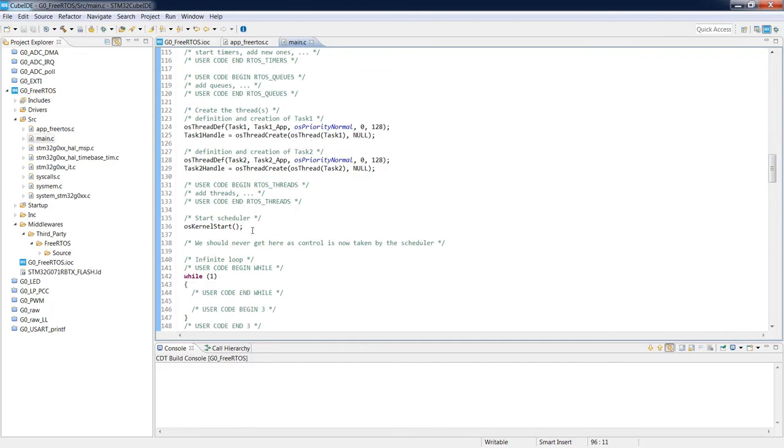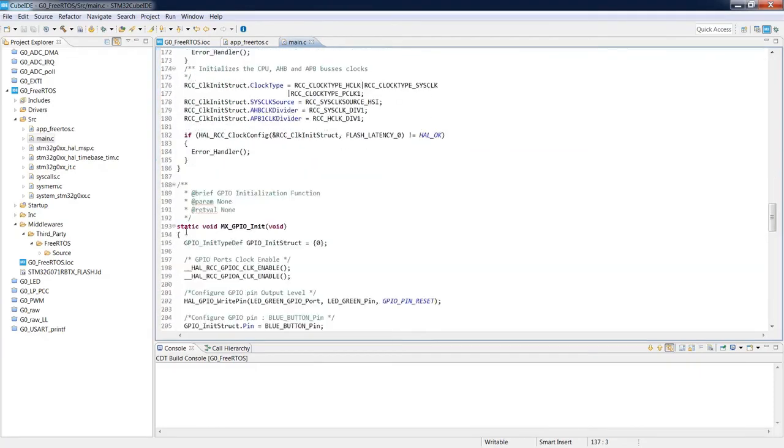At the end of this process, we've got one single function to start the scheduler, it is OS kernel start. After this call, only the tasks which are active would be executed one by one, and we should never land below this line. If we land below this line, we've got some problems with the RAM memory allocation.